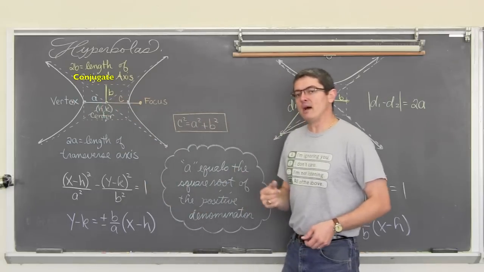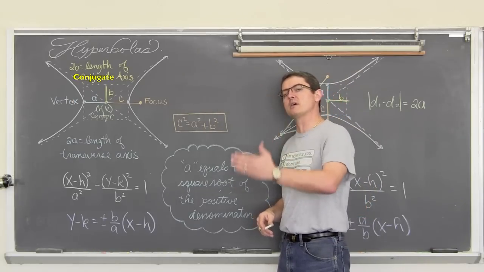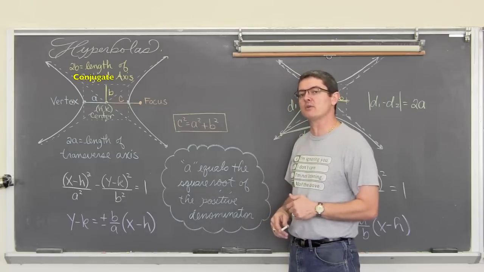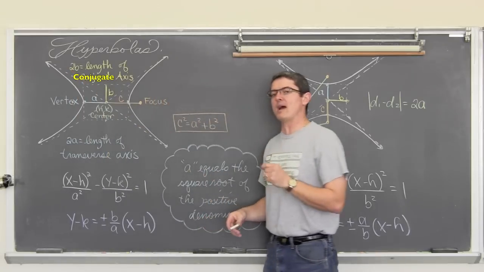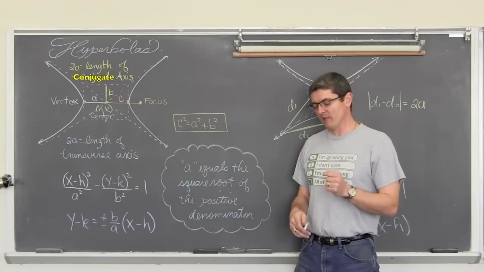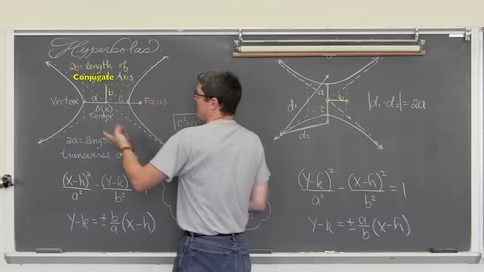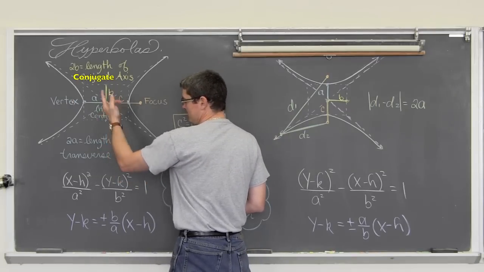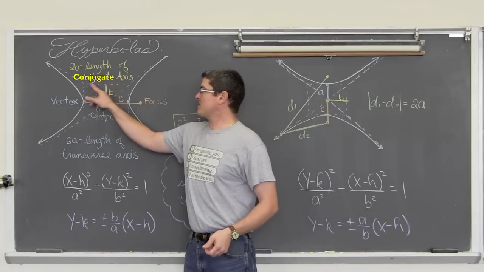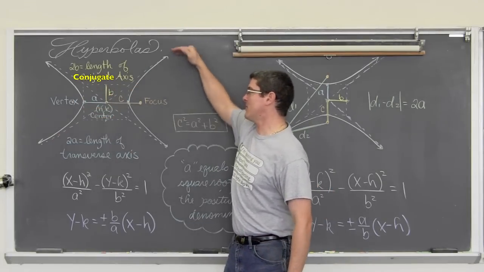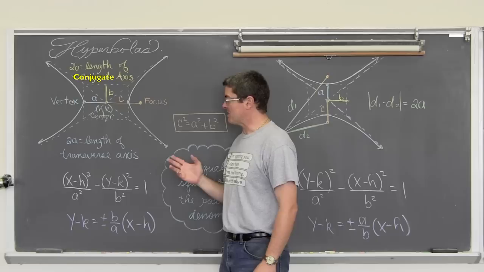Hyperbolas, as I just pointed out in the previous clip of this video, are found by taking these three-dimensional cones and cutting those cones parallel to their axis of rotation. So you get these asymptotes that help guide the graph, help guide the direction of the hyperbolas. It's effectively like the sides of those cones that you just sliced. When you graph a hyperbola, you're going to plot the center by pulling the x and y of the center out of the equation. You're going to draw a rectangular box, and through the corners of that box you're going to draw some asymptotes. So let's talk about all these pieces.